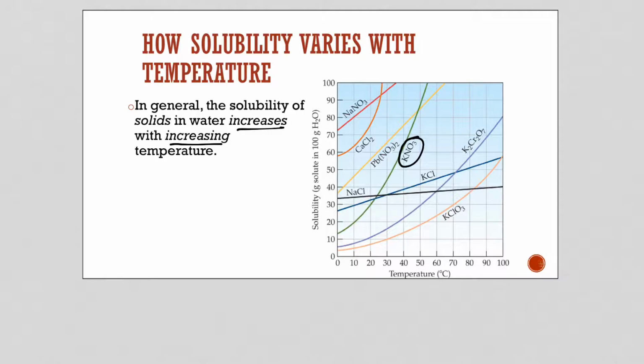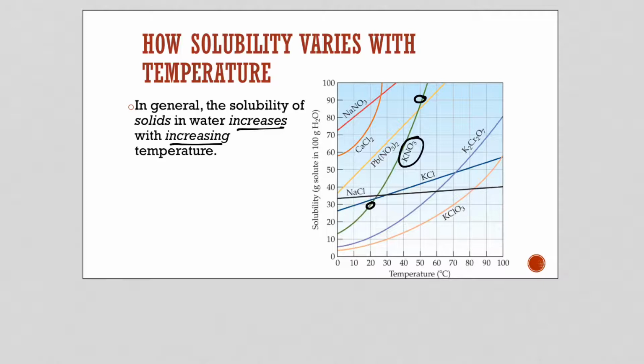At, say, 20 degrees, around room temperature, it has a solubility of 30 grams per 100 grams. But at 50 degrees, just a little bit higher, that solubility has gone all the way up to almost 90 grams. So a very